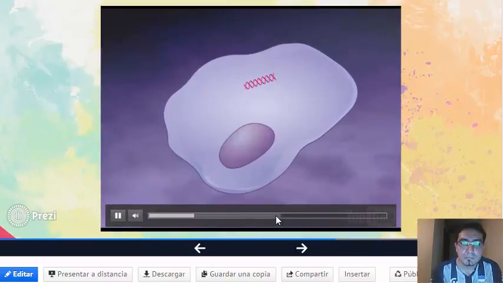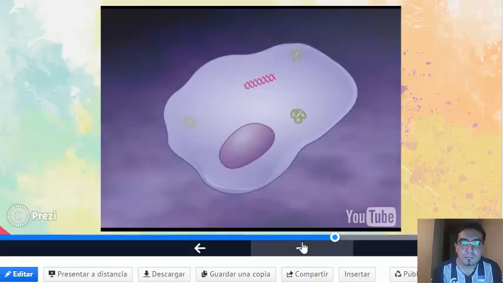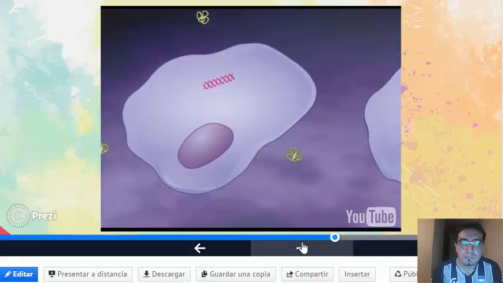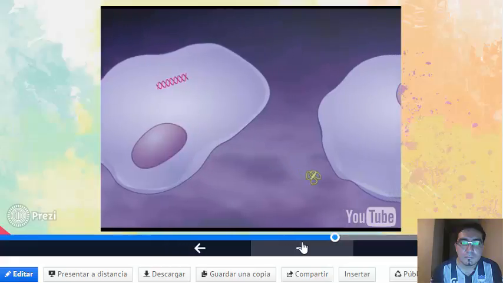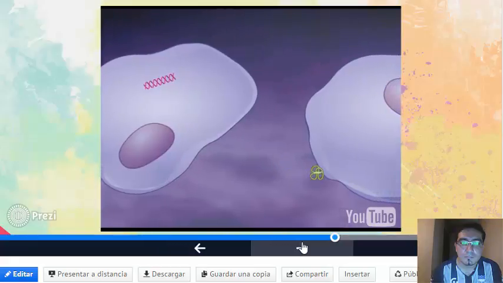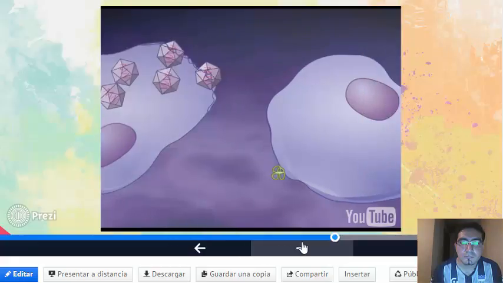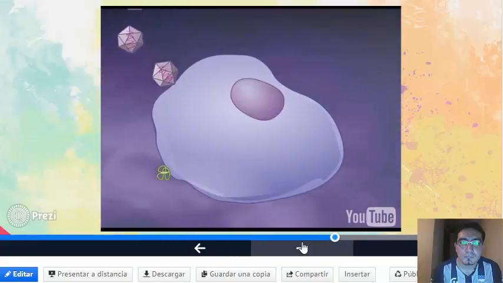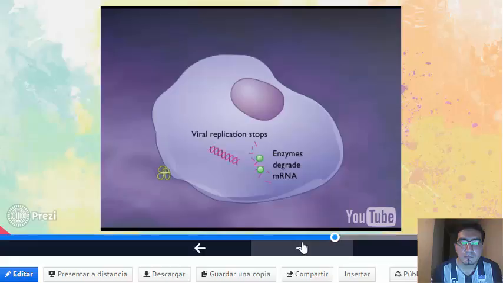The virus-infected cell produces interferon. The interferon moves out of the cell and attaches to receptors on nearby cells of the same type. The cell that produces the interferon is unable to save itself. The virus replicates in this cell and then moves out to infect nearby cells. The nearby cell that already has interferon bound to its surface responds in several ways, including production of enzymes that degrade messenger RNA and prevent protein synthesis. Thus, a virus can attach and enter the cell, but completion of the viral replication cycle is prevented.